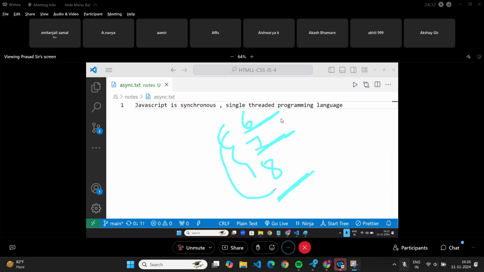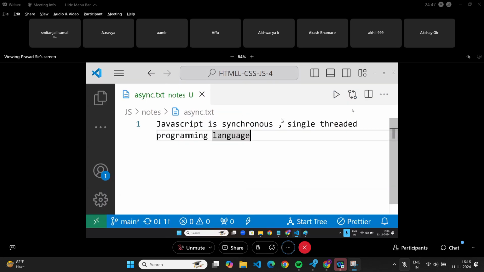No, it will not do like that. Is it clear? Now let's try this statement in a sequence. It is true. But in JavaScript, asynchronous is also possible.